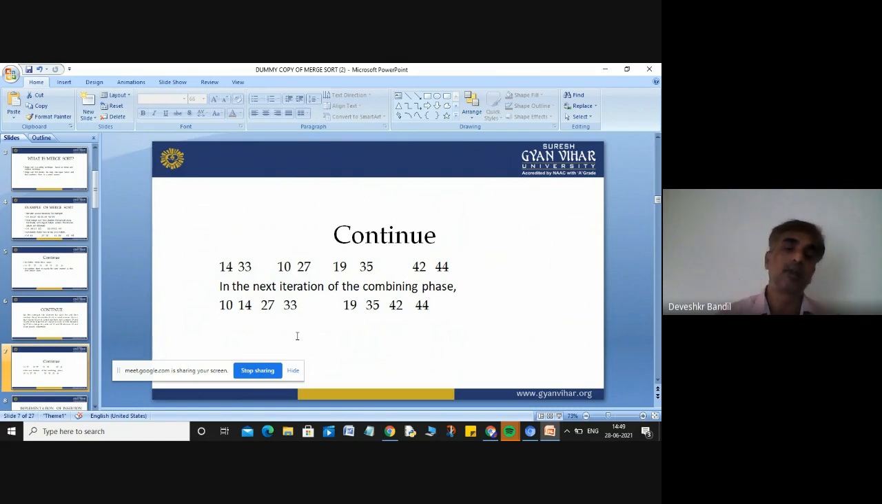first. After that you will take the 14. After that you will take the 27. After that you will take the 33. Okay, and on your right hand side you will take the 19. After that 35. After that 42, and after that the 44. Okay,